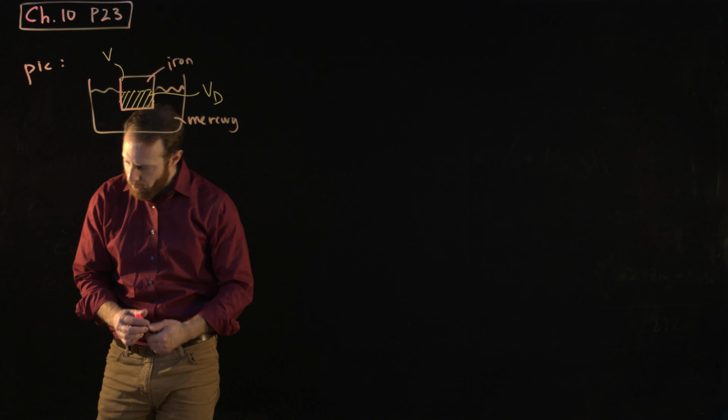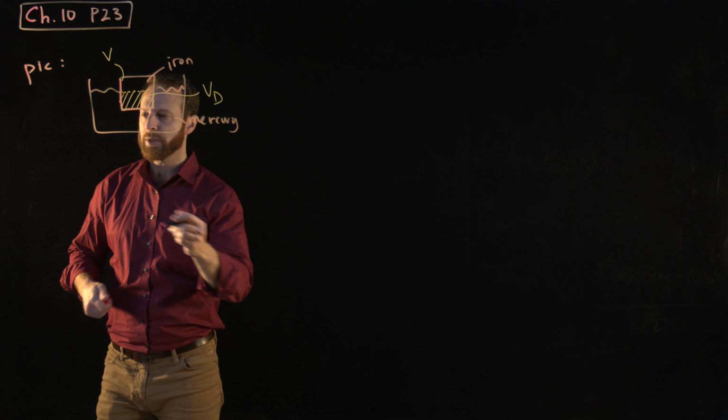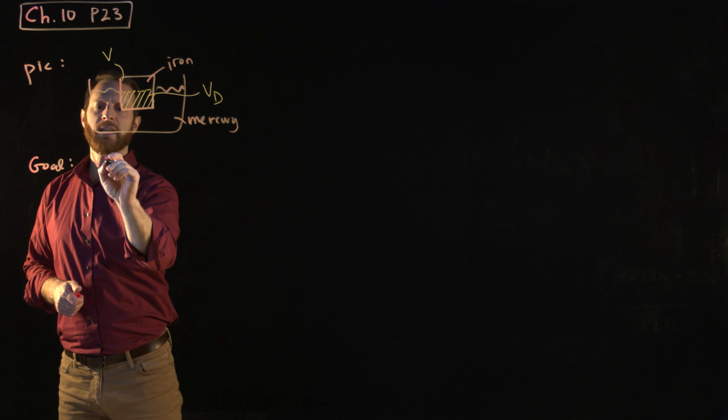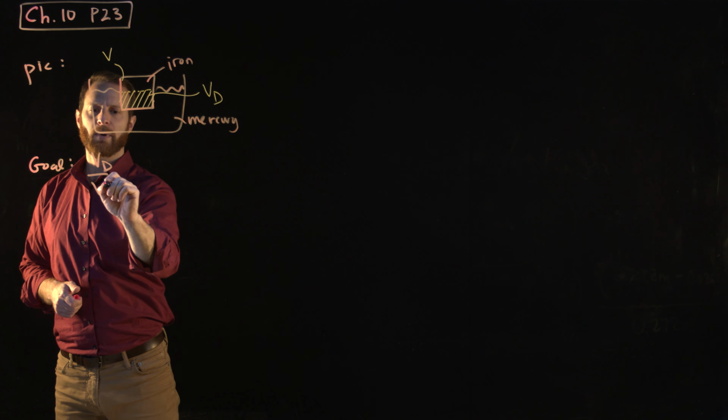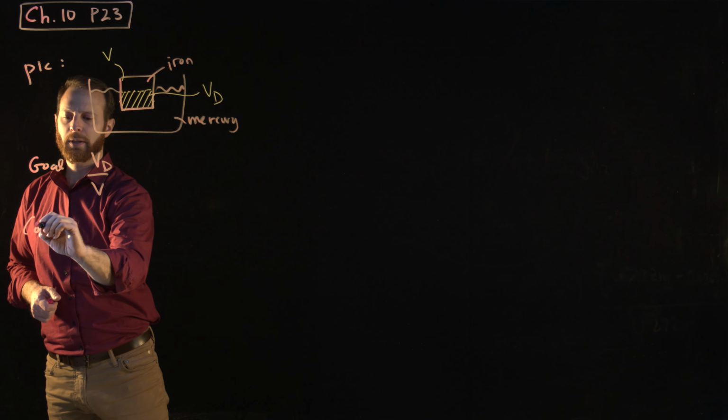And we're trying to figure out what fraction of iron will be submerged. In other words, the goal is to somehow get VD over V, right? That's the fraction submerged. Okay. Conceptually,